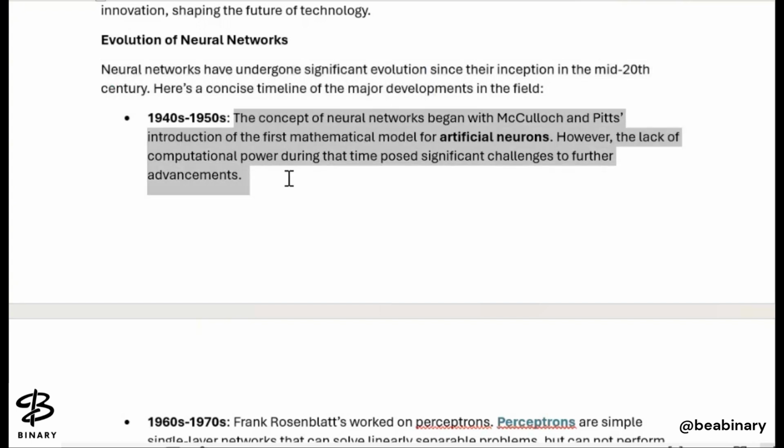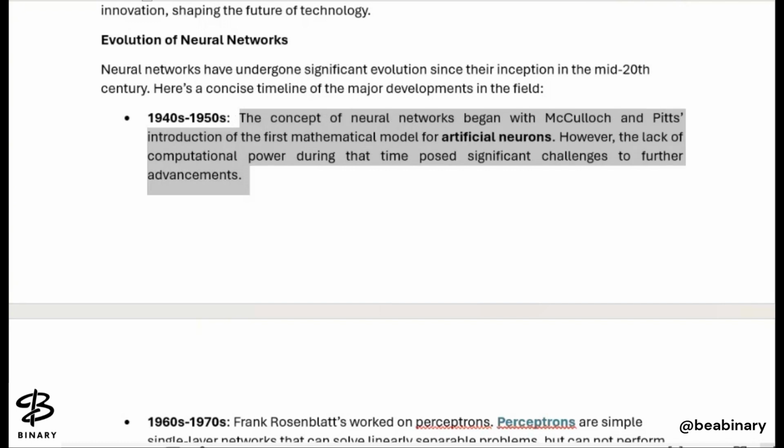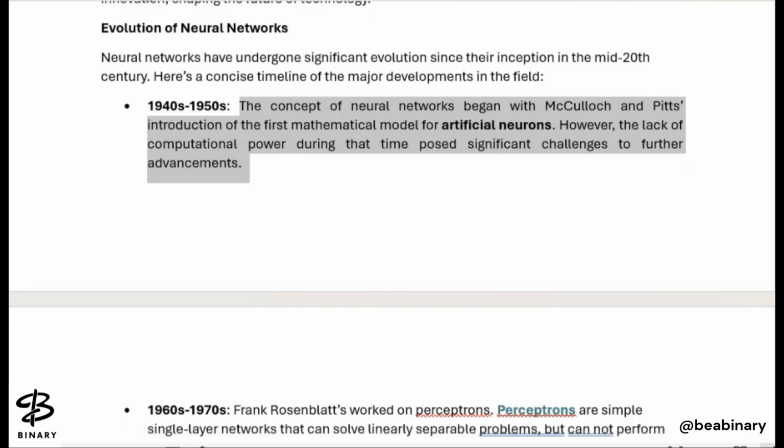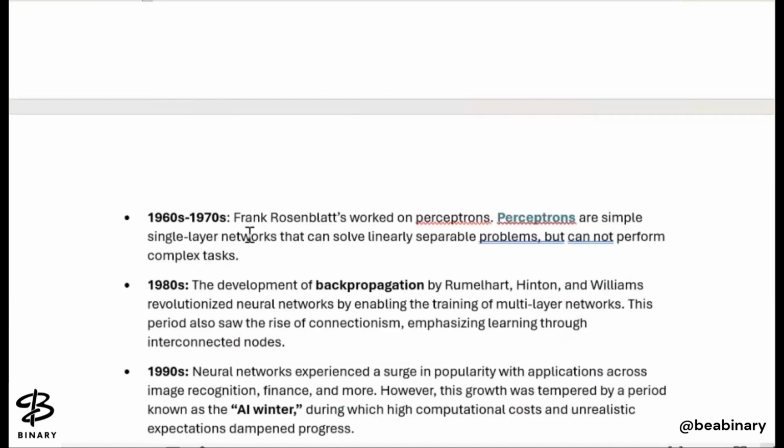The concept of neural networks begins with McCulloch and Pitts, who introduced the first mathematical models for artificial neurons. However, the lack of computational power during that time posed significant challenges to further advancement. In 1960 to 1970, Frank Rosenblatt worked on the perceptrons, and the perceptrons